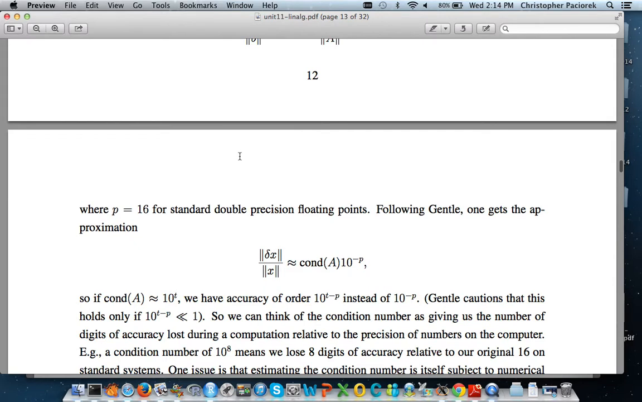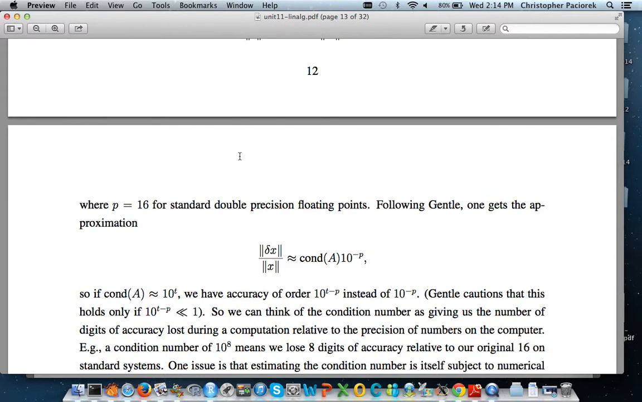Okay, and so last time I waved my hands and I said, okay, this is the result that you get that says the error in your solution